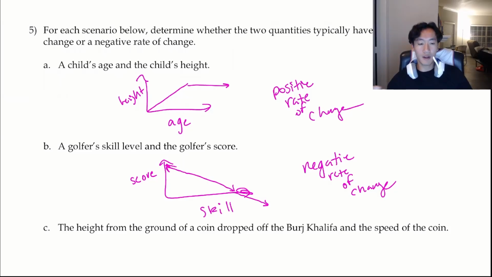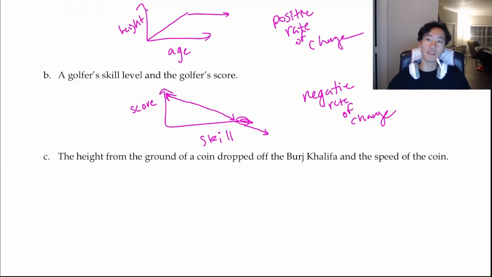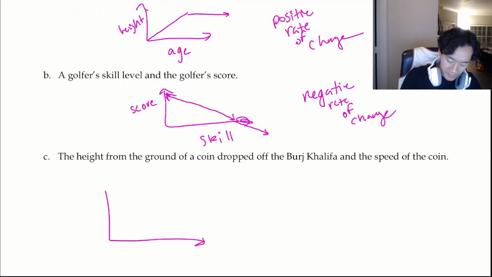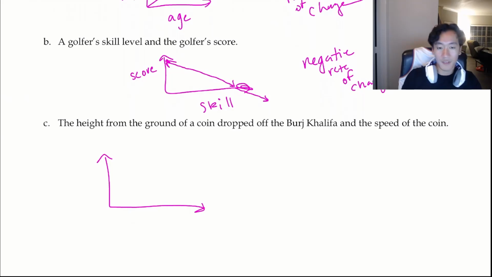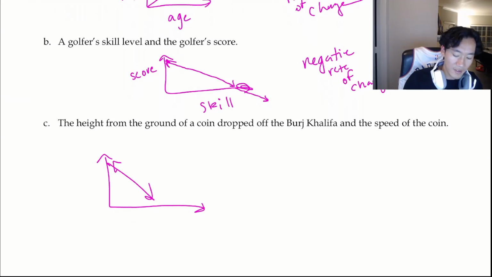And then our last one, part C. The height from the ground of a coin dropped off the Burj Khalifa and the speed of the coin. As far as what this place is, I think I looked it up. It's just a really tall building somewhere. I forgot where exactly. So let's label our x and y axis. Simply put, the simple answer is just that it has a negative slope. Okay, and I'll go more in depth in a second, if this is not enough for you. All right, so let's just say for some reason the speed of the coin is here, and this is the height,